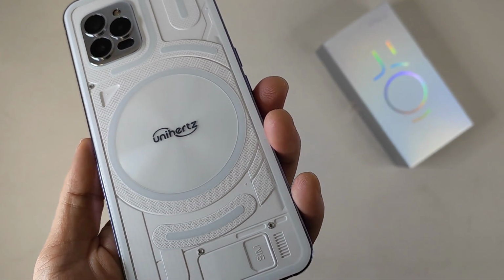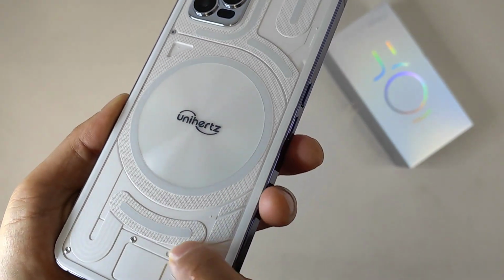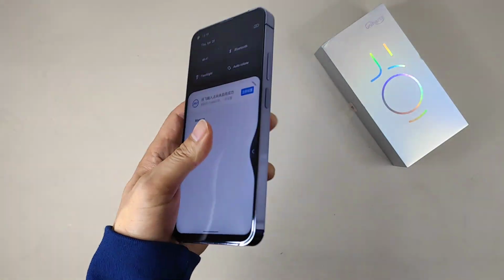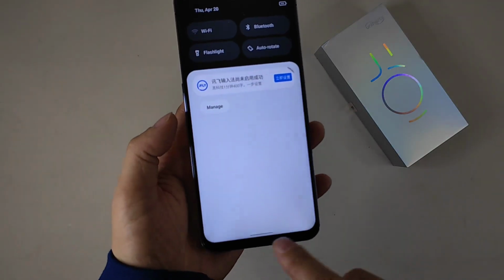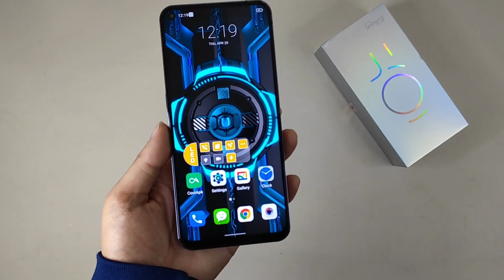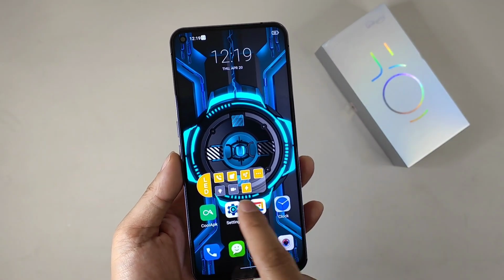Because I think the light strips will be very interesting when we test it. Yeah. Okay, next. Let's go test it,